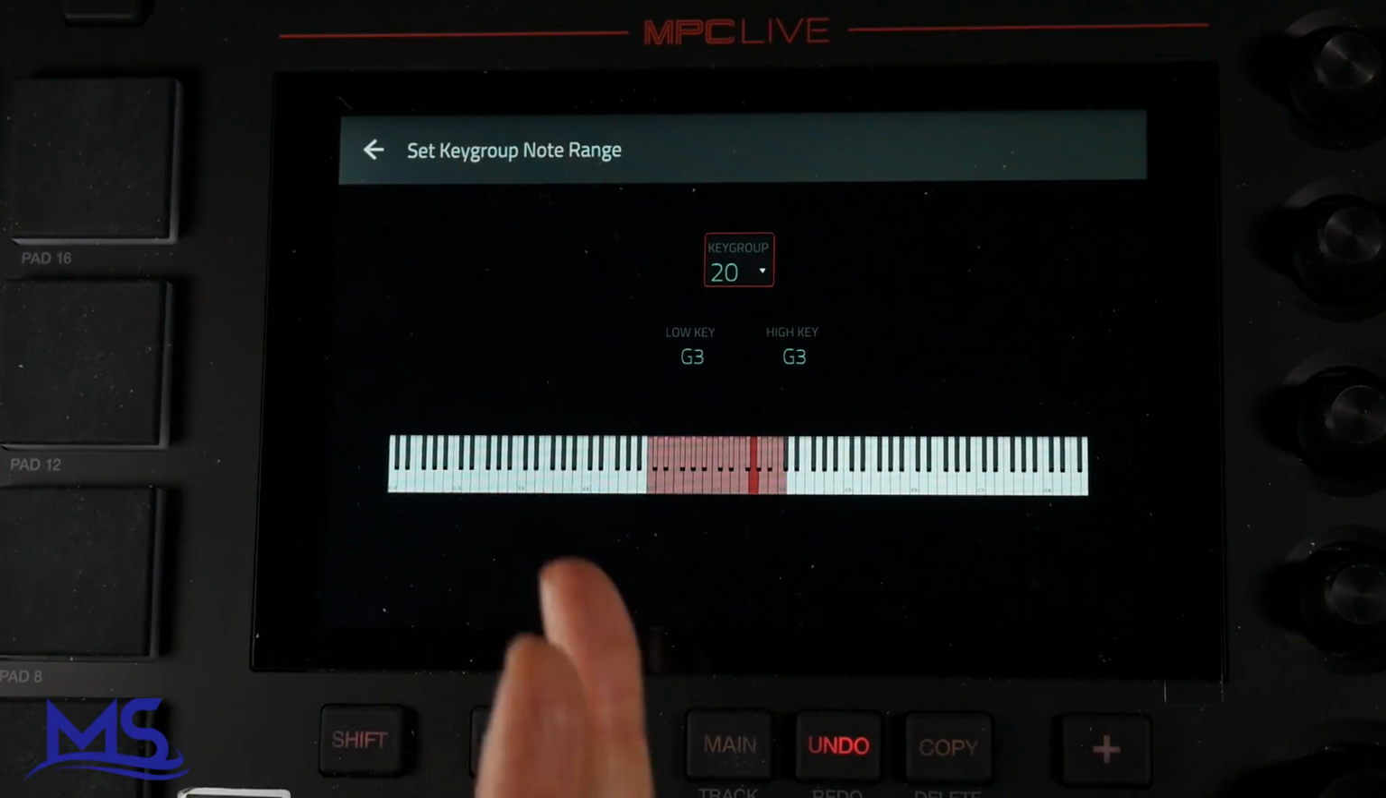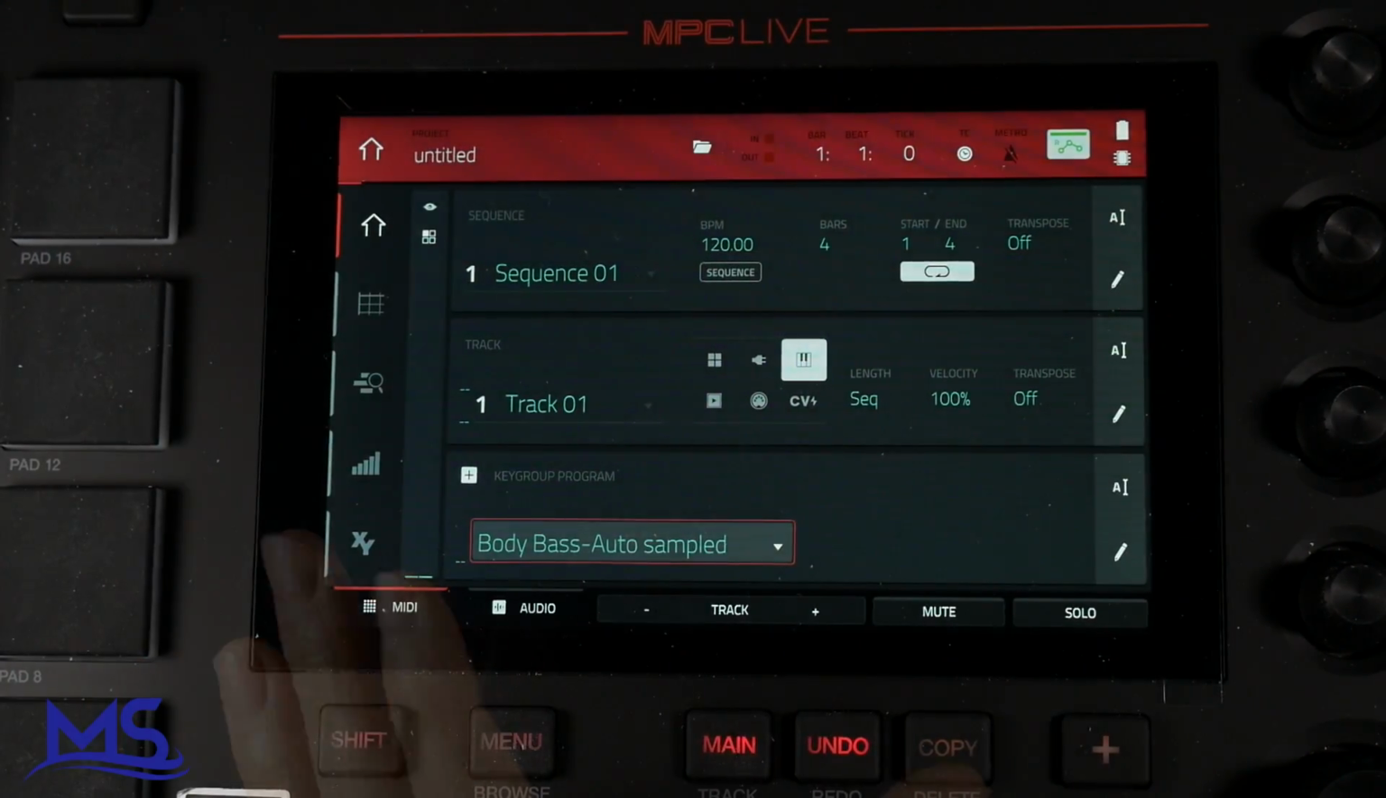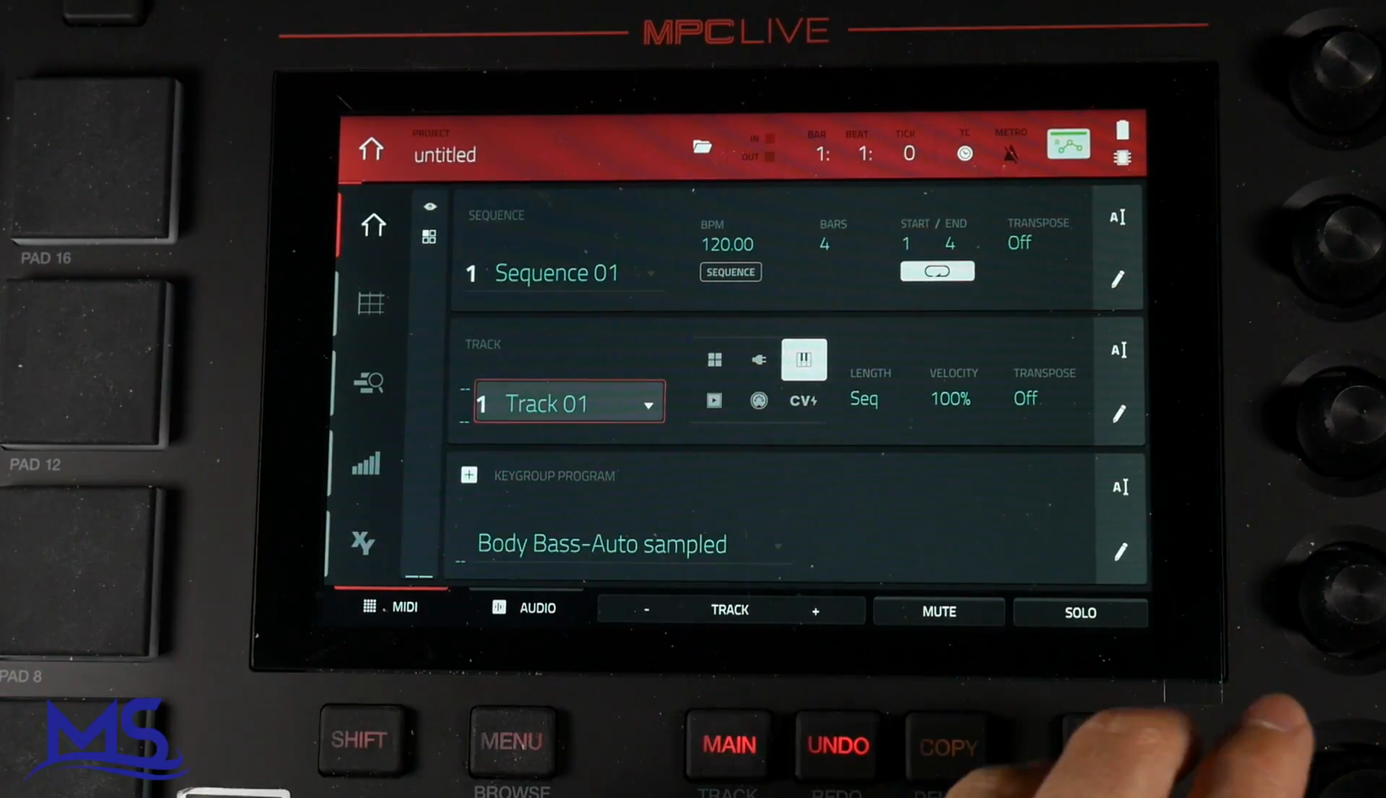But we successfully auto-sampled a key group. We told it to do it, it did it, no problems. No problems at all. All right, so that's our first example. So let's go ahead, we'll go to track 2,